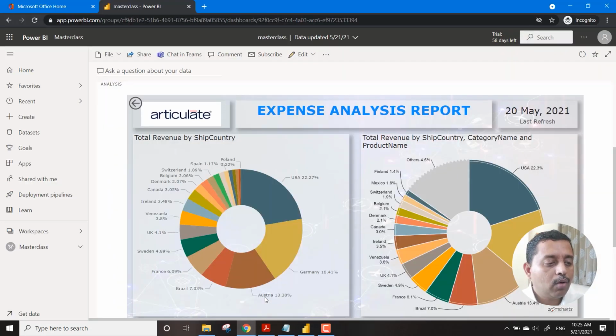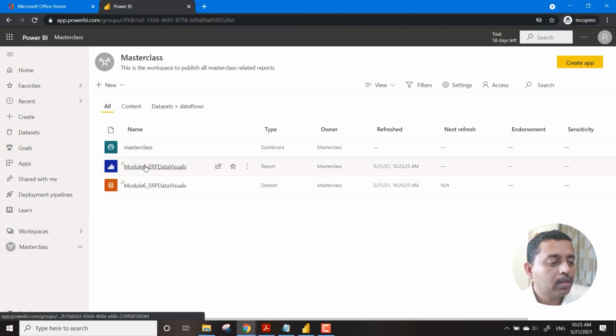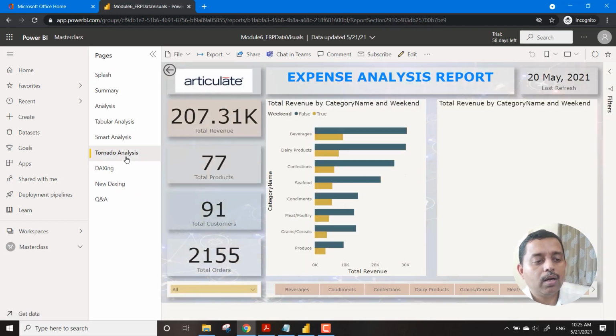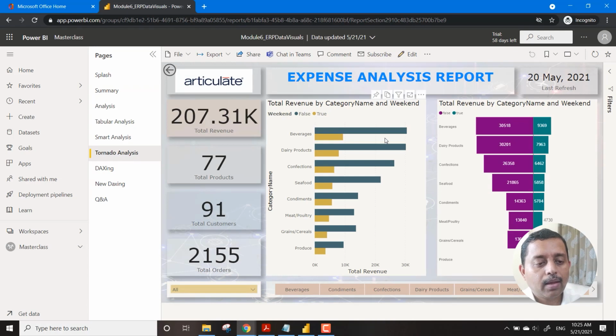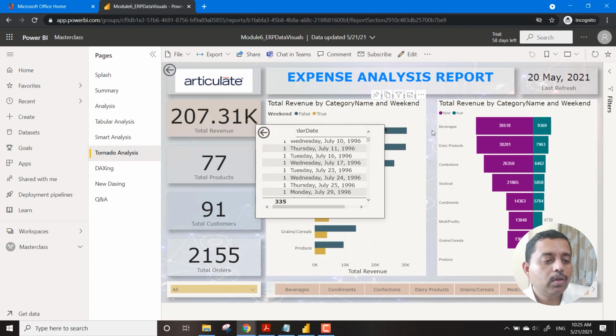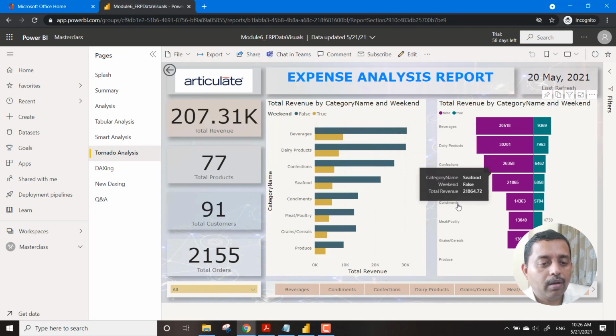We go back to our cloud and back to the masterclass. We see the visual. Now we have the tornado chart with us, and you can see how these visuals are coming up over here.